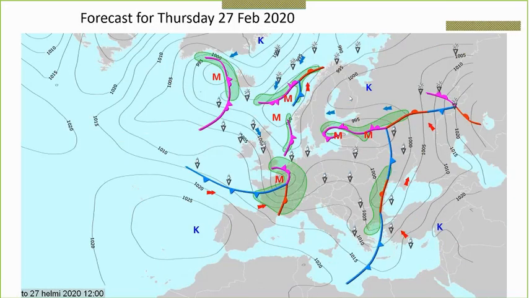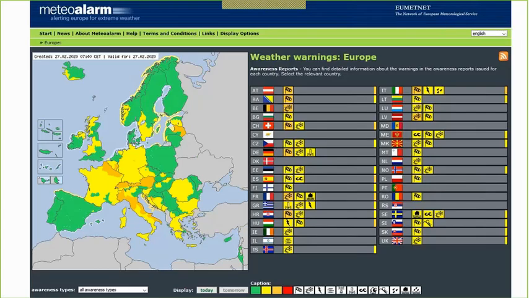And here I have a forecast for the moment. I did this in the morning, but as I mentioned, at the moment we have these really fast-moving low pressure areas that are causing some heavy rain and strong winds. Then we can look at the Meteoalarm system, where we can see the warnings throughout the whole of Europe. As you can see, there are several warnings in many countries, especially about the really strong